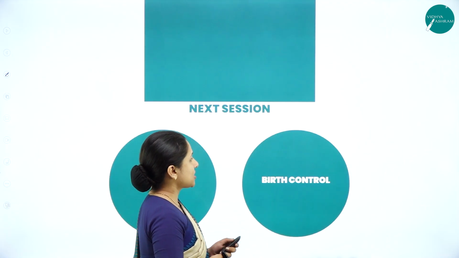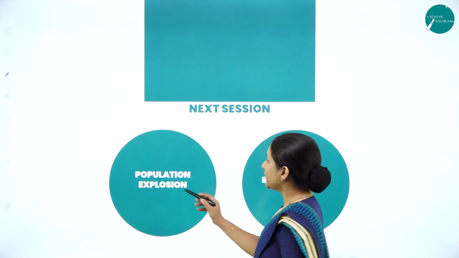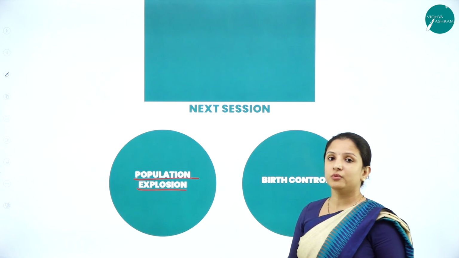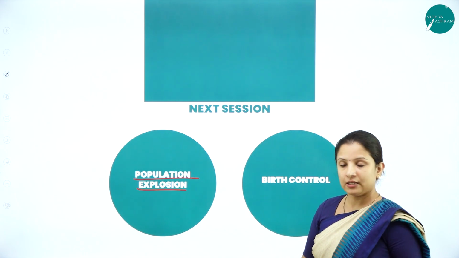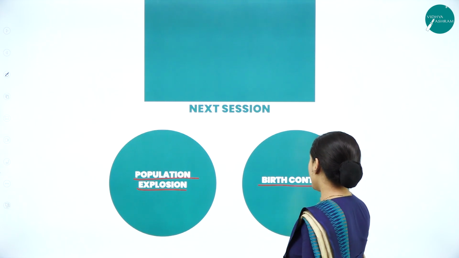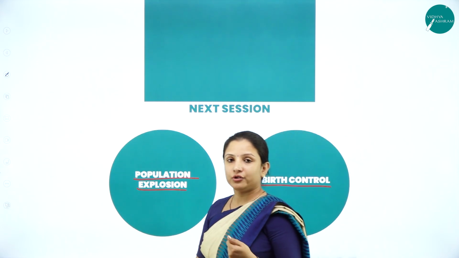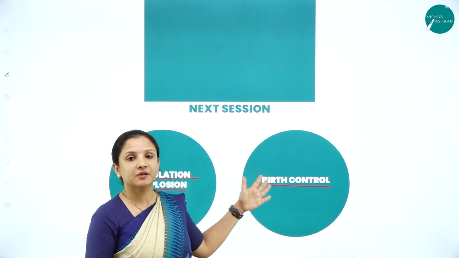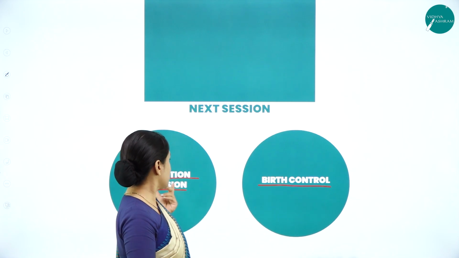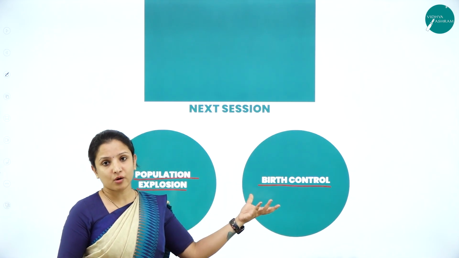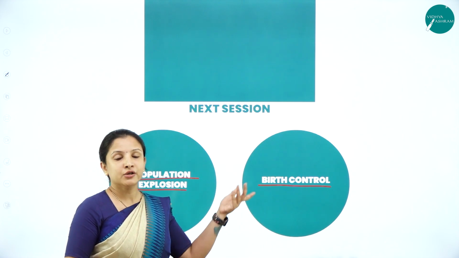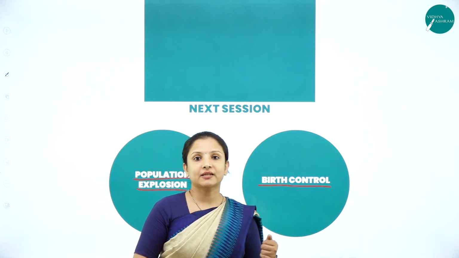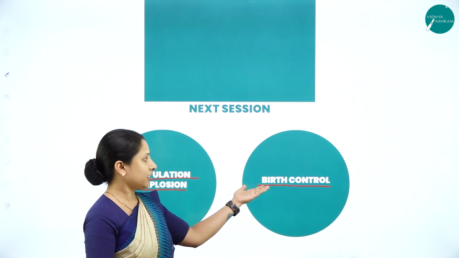In the next session, we will talk about population explosion, because population explosion can cause a major problem in almost all sectors of life, right? We will also learn about birth control, that is, as I told you, after having two children or one child, how to control the birth. Otherwise, if birth is not controlled, it can again lead to population explosion, causing a lot of problems to families and, on the whole, to the society and the country. So we can also study the different birth control methods that can be adopted.